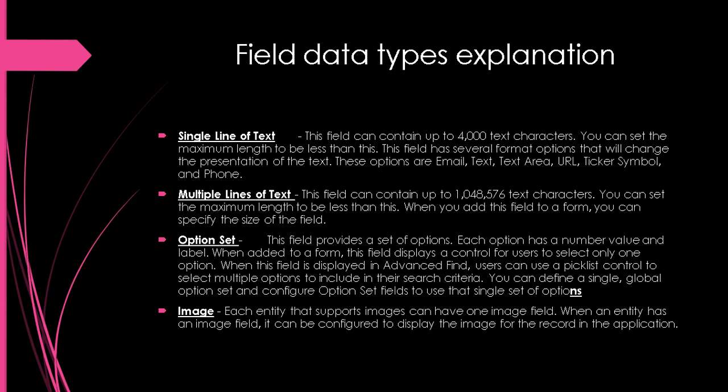If I insert this kind of field in a CRM form, then I can select only one option from the drop down list. But if the same option set is available and I'm trying to search in advanced find, I can select more than one option at that time for the search results. So we can make it usable for a single time, and if I want to use that particular option set for other entities also, or throughout the CRM organization, I can do so, but I have to make it a global option set.